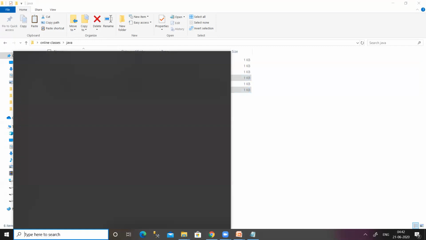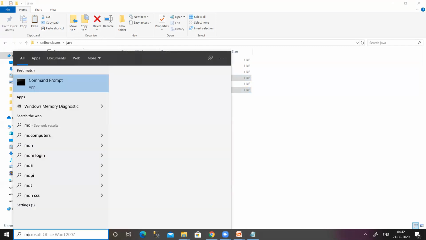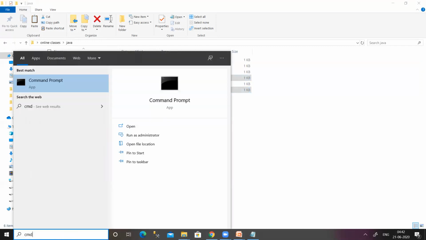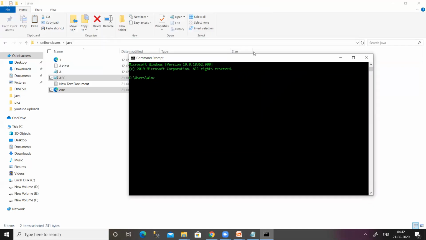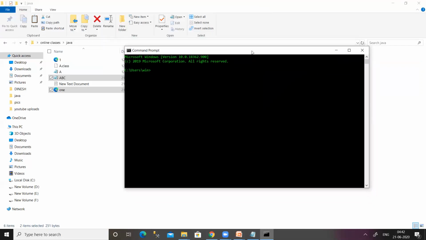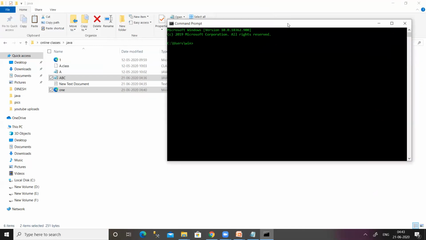I'm going to run this program in command prompt. Go to the search box and type CMD. It will show some options, and among all those options, click on the command app. It will give the command prompt. And one more thing, if you open the command prompt, there is some address shown here. Here our address is C colon slash users slash bin.